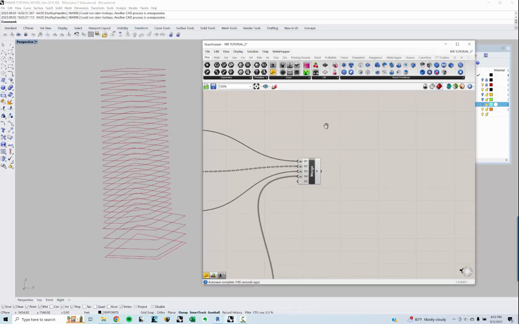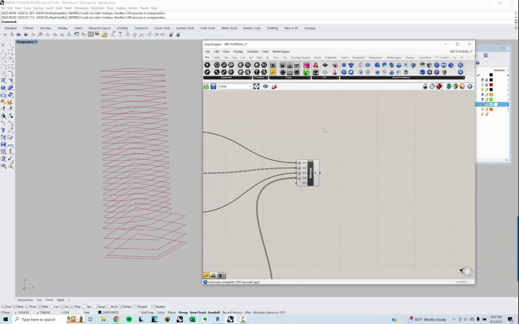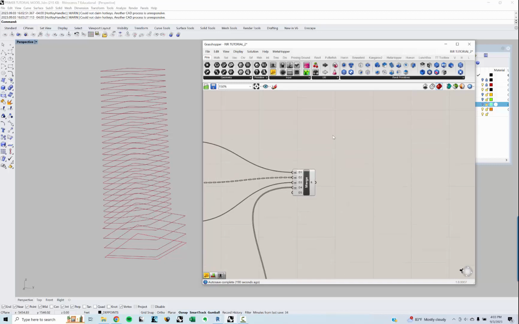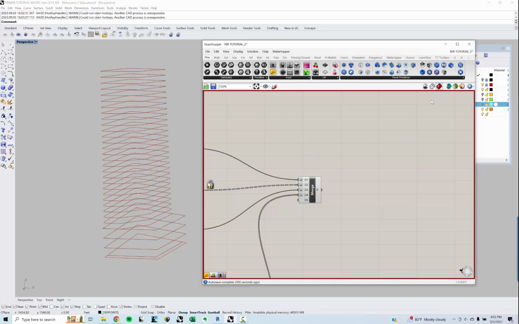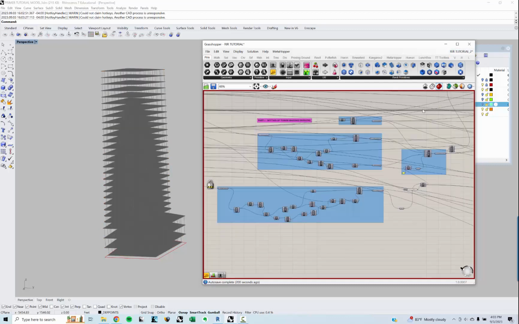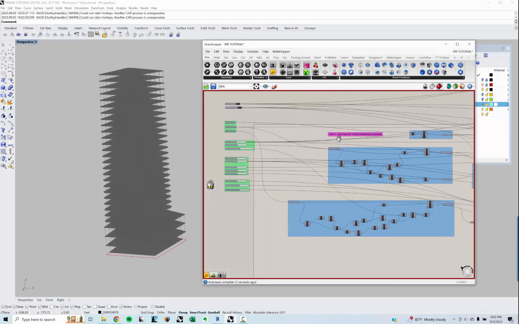Okay, so now that we've got our floor slabs, let's set up our levels and our floors in Rhino and Revit. I'm going to show you guys a trick quick. If you right click here and go to lock solver, you can make changes in the canvas without having it recomputing. It's good. I'm switching to this definition, which is kind of heavy because I want to show you sort